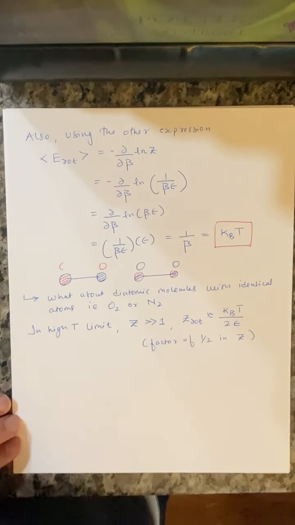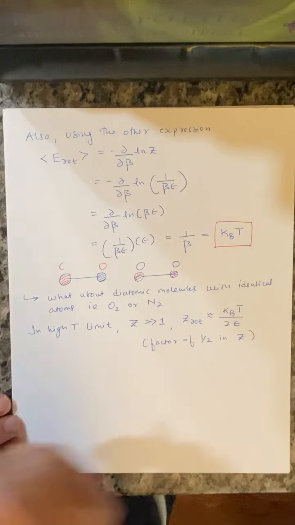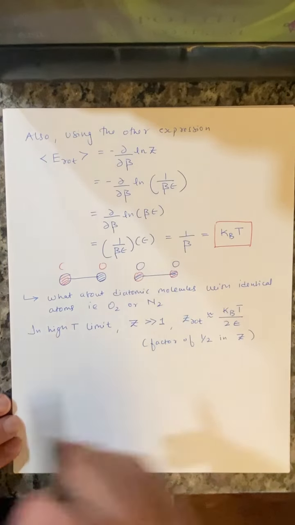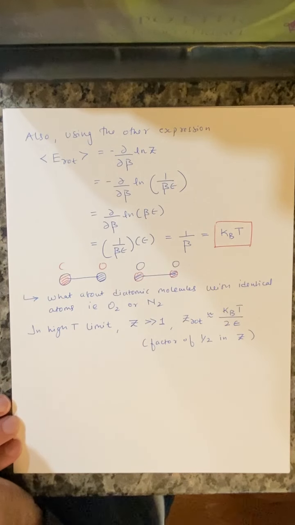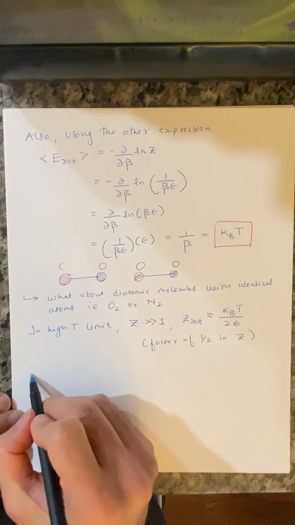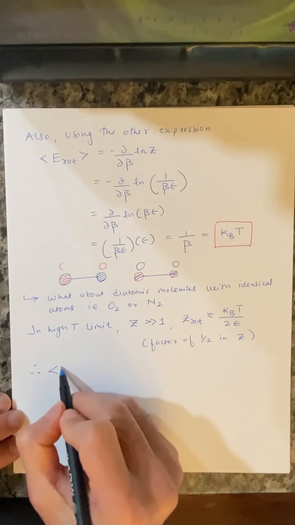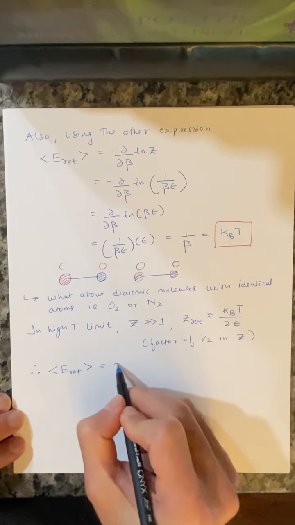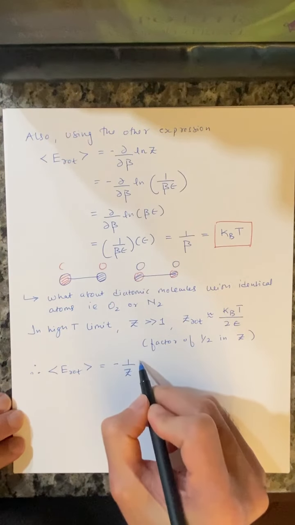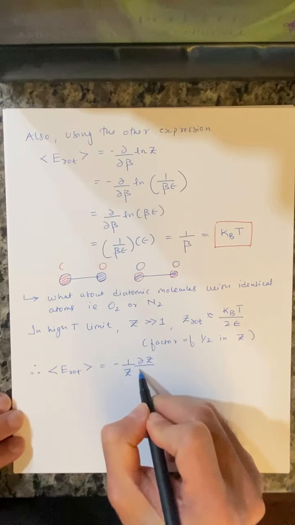Don't forget, this does not change anything. You can't possibly think that, once we have this change, maybe equipartition or the formula we used here will change the values for energy. It will not, right? Let's try that out. For example, E rotational for a molecule like this is going to still be equal to minus 1 over z